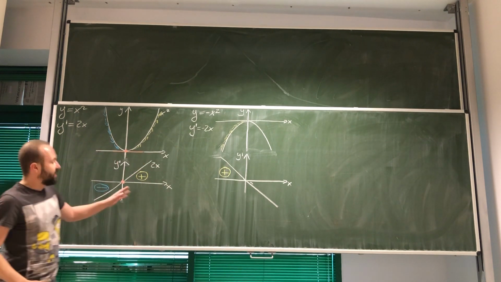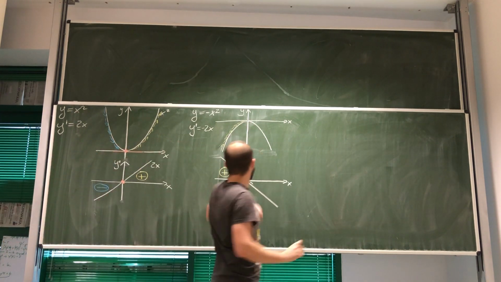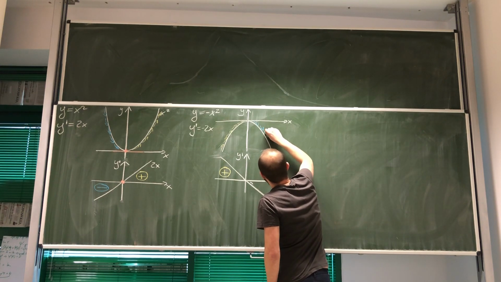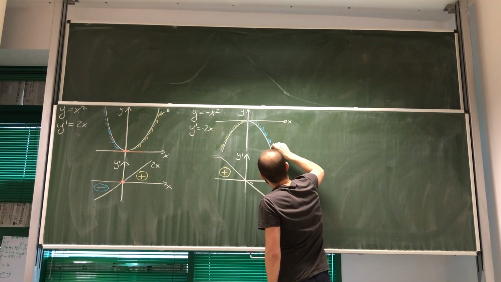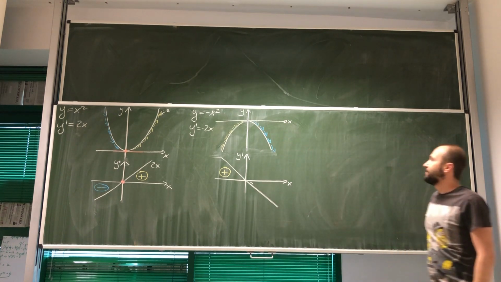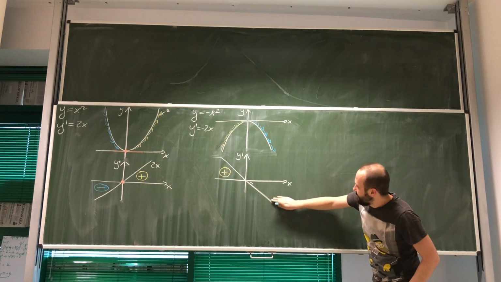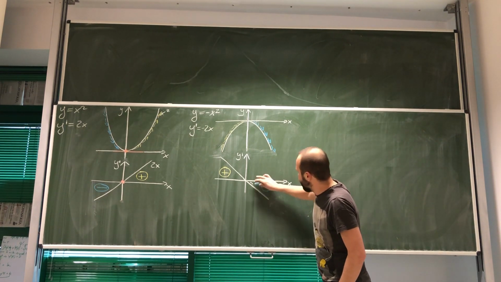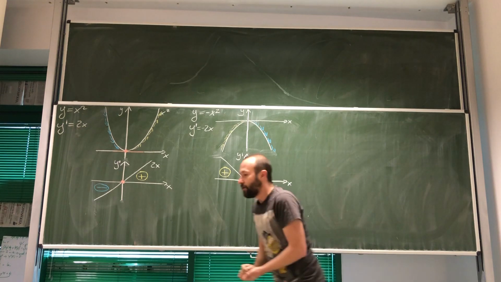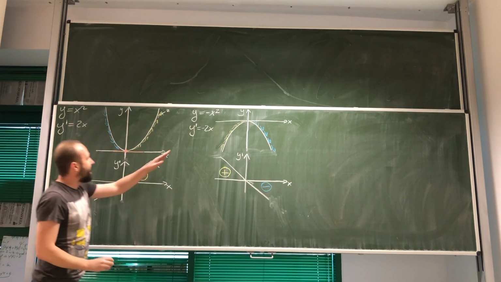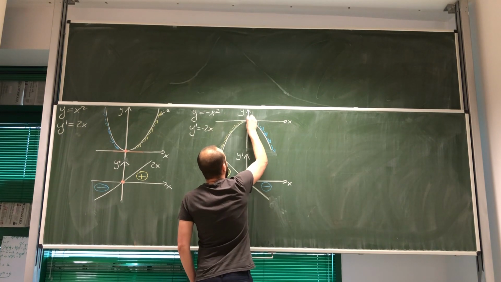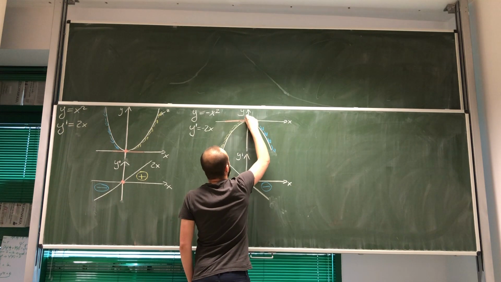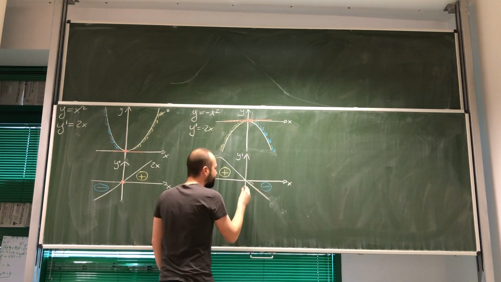Now, what is happening to the right of 0? Well, the function here is downward sloping. It's taking lower and lower and lower values. What can we say about the derivative? It is negative. Now, we also see that again, when our function has slope equal to 0, at the maximum, the value of the derivative